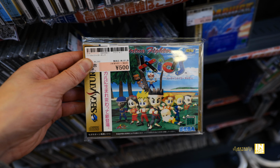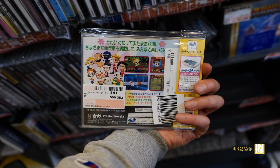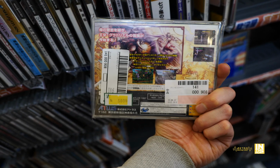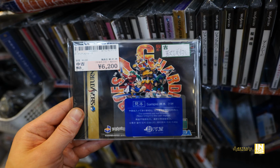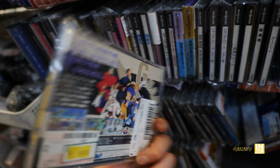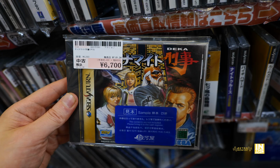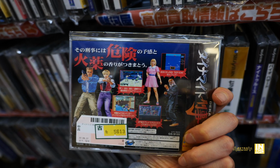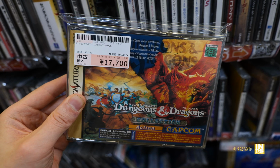Sega Saturn, let's go ahead and do a blitz. We got Virtua Fighter Kids for 500 yen. We got Princess Crown, 8,300 yen. A lot of great games, and I hope that gets a remaster or a port. We got Guardian Heroes for 6,200 yen. Dynamite Deka for 6,700 yen. Now this game is so tough. We got Dungeons & Dragons Collection for